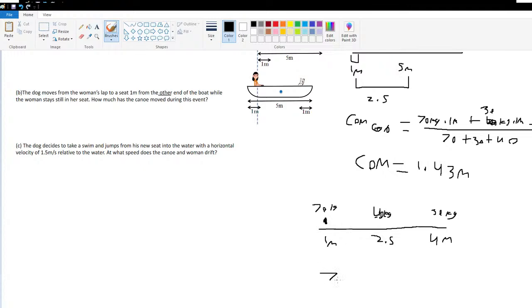Okay, so 70 times 1 plus 40 times 2.5 plus 30 times 4, and that's all divided by 70 plus 30 plus 40. Throw that into the calculator. We get 290 divided by 70 plus 30 plus 40